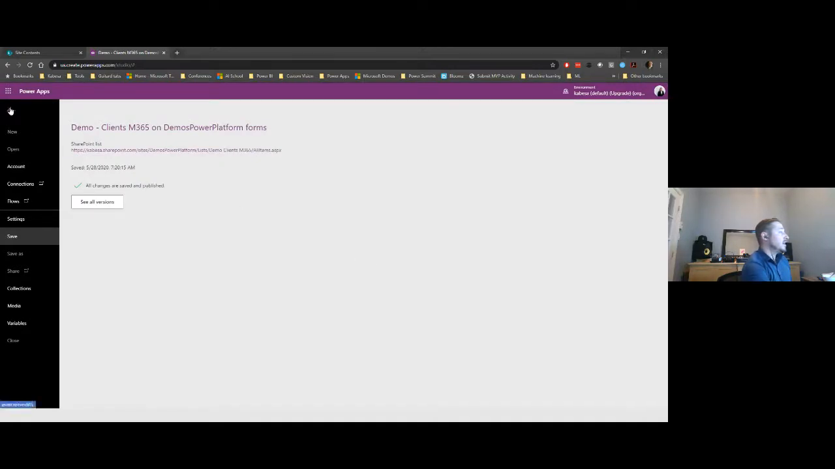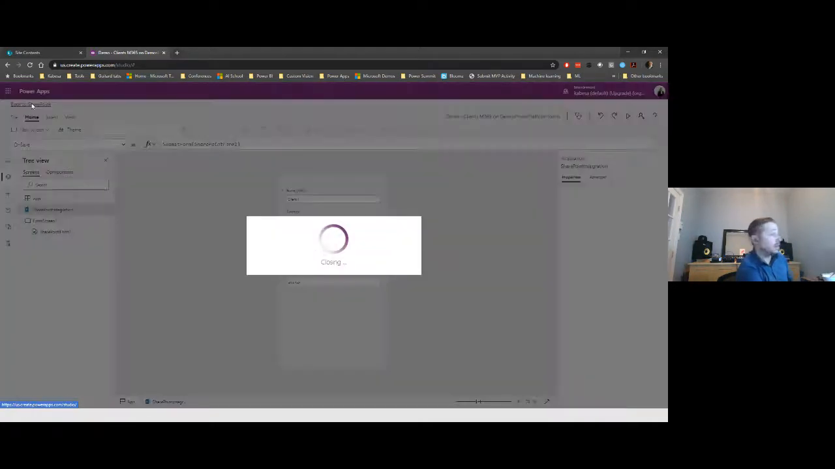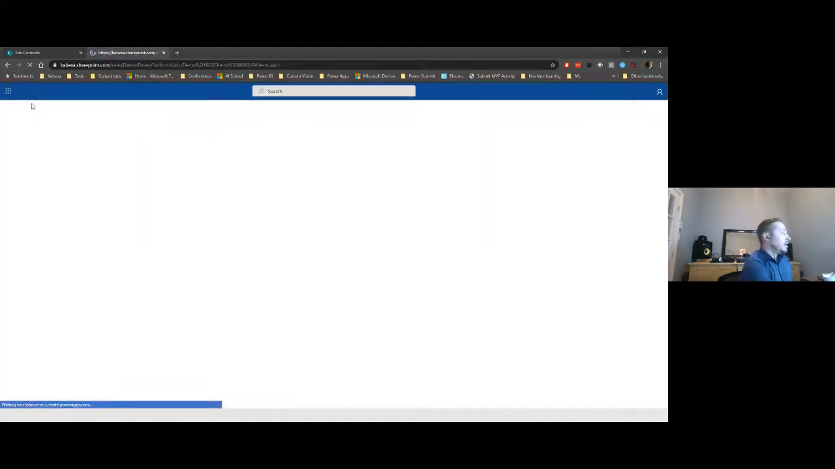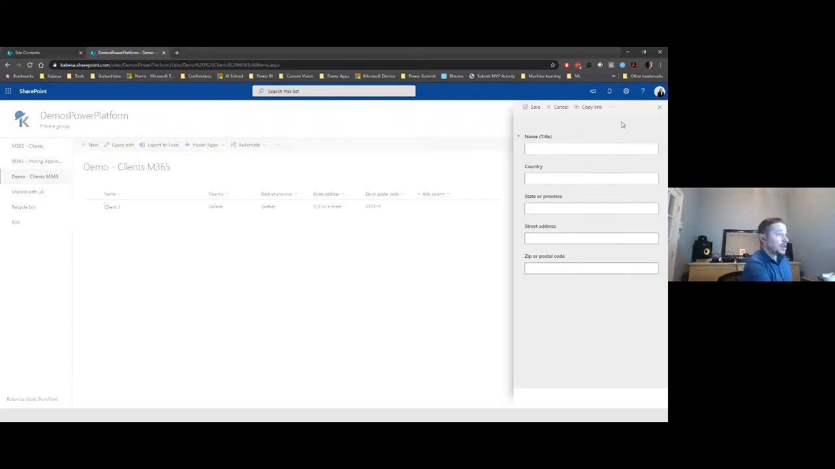And then if I go back here, it's telling me I want to go back to SharePoint. I'll say yes, why not? This will take me back to SharePoint, and it takes me back to my demo client M365 list. If I click new, notice now that this form has been customized using PowerApps. So this is a PowerApp application loading in that panel now. So if I just show to you that this is still working, client 2,